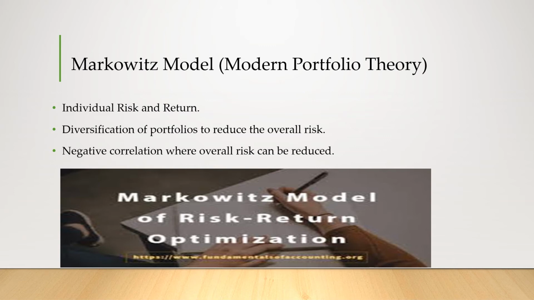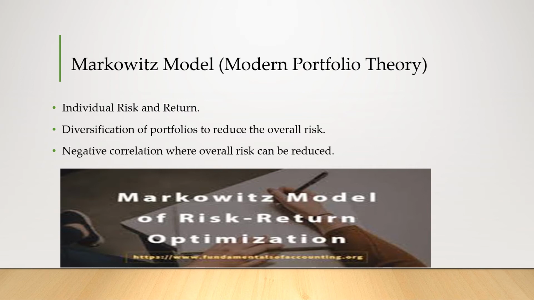So this emphasizes that risk cannot be avoided, but it can be compensated with the right way of selecting the portfolio. Here, the risk is compensated whenever there is a negative correlation between the risk and return. That means the risk at one place will be compensated from the return at another place.